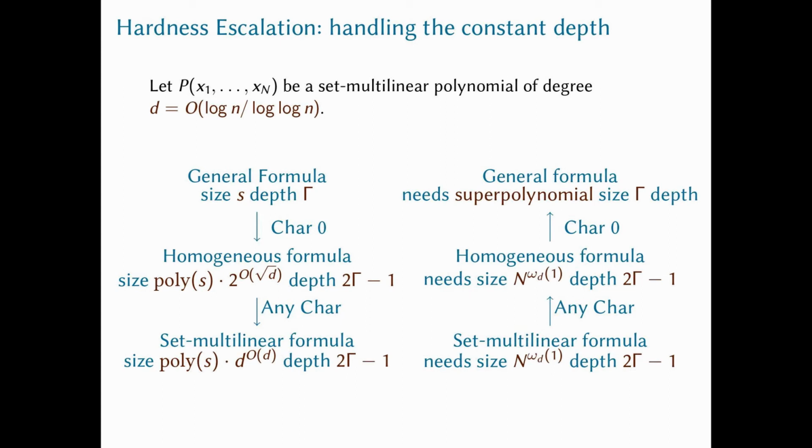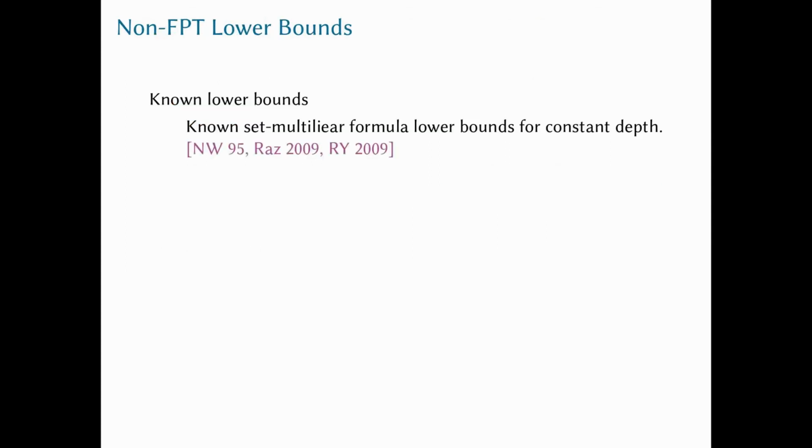This is very good news, because to get the superpolynomial lower bound for general formulas of depth gamma, we just need a lower bound for set multilinear formulas of some depth. And that is good news, because we have a lot of lower bounds against set multilinear formulas. For example, a lot of work after Raz, based on Raz's work, shows exponential set multilinear